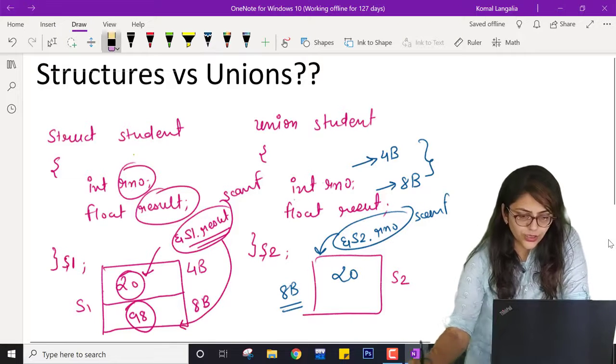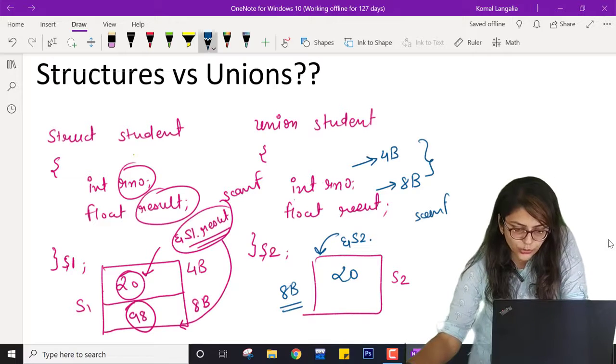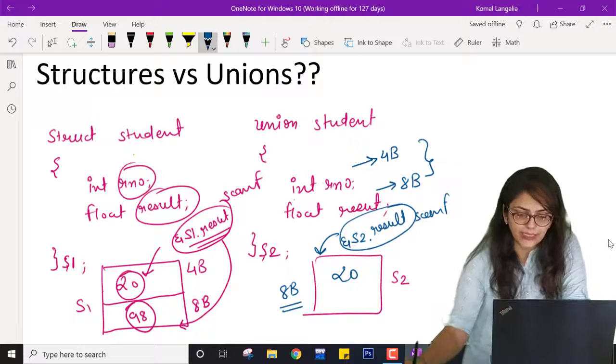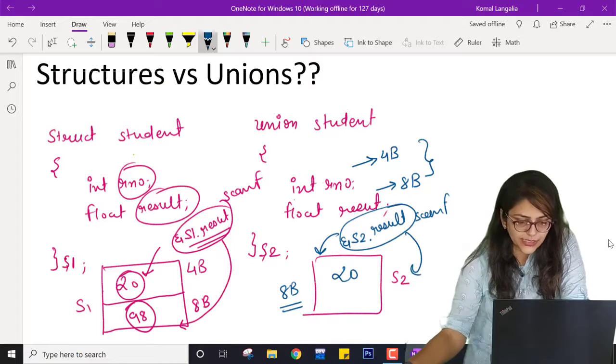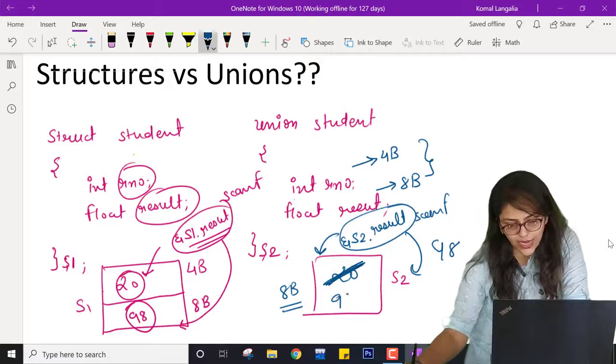Now in the scanf function, if I am writing s2 dot result and using scanf for the second time, and if the user is entering say 98, then what it will do, it will just replace this 20 with 98.